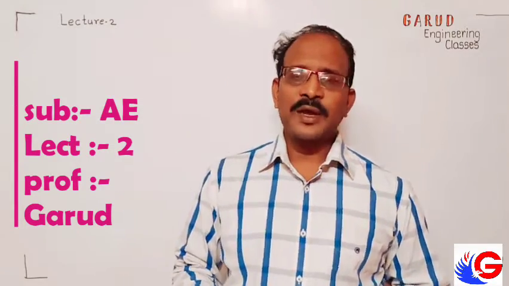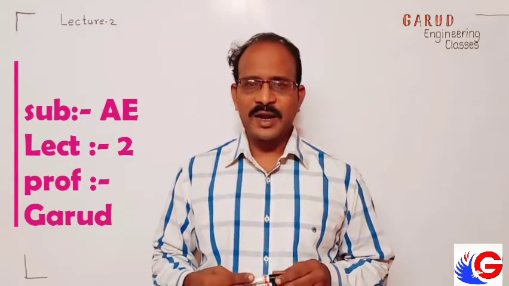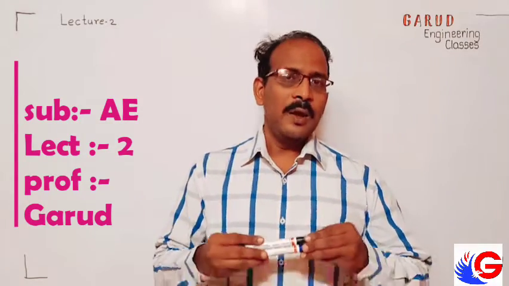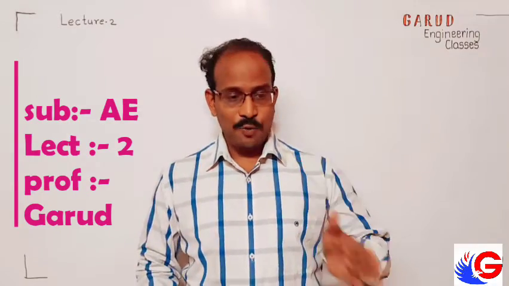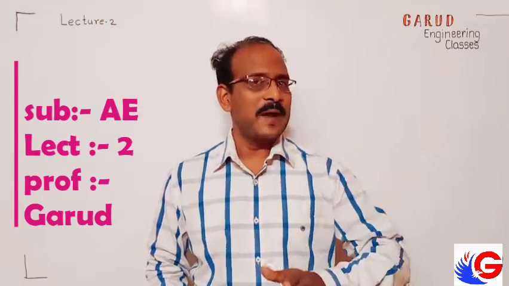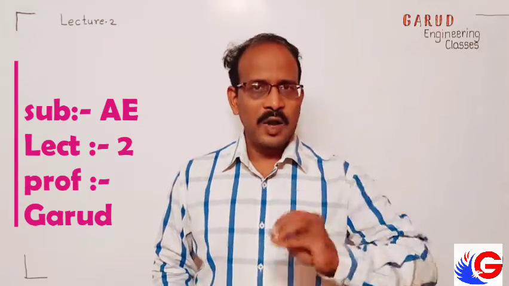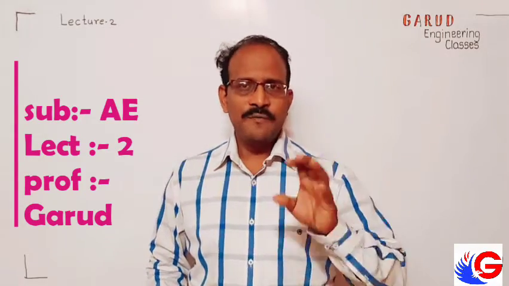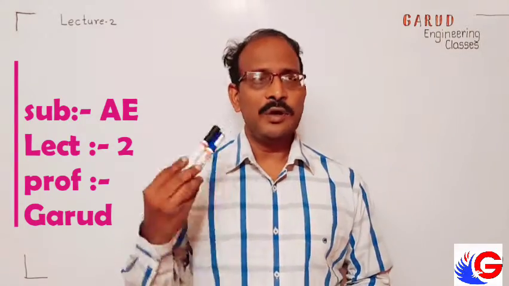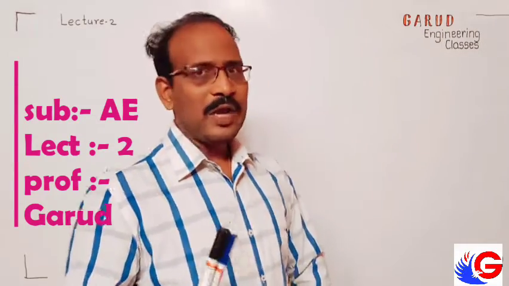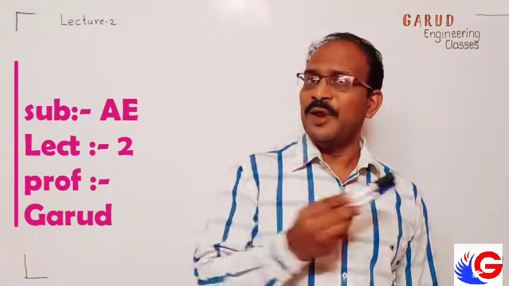To maintain the transistor in the active region, the input junction should be forward biased and the output junction should be reverse biased. That is the biasing condition for the transistor. Depending upon the three terminals, we can have common base, common collector and common emitter configurations. Today I will explain the transistor as an amplifier.